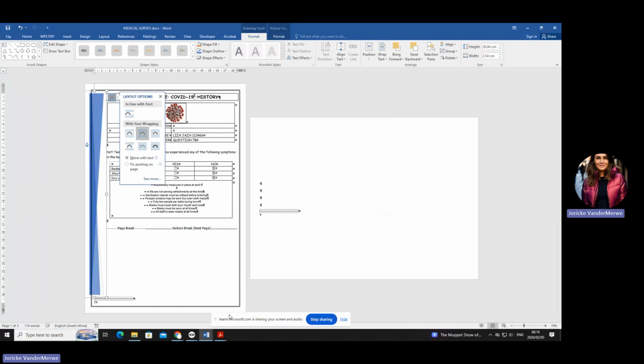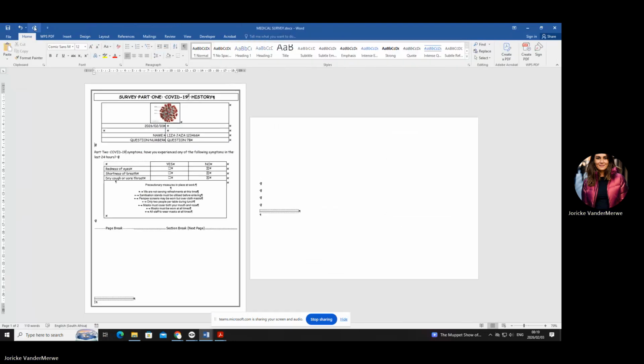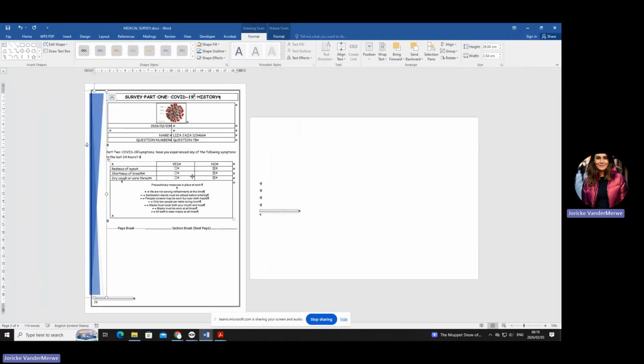So let's just quickly see what happened previously if I go to my undo button. Previously, I just took out the actual text. But what you had to do is you had to click on this little box here, the side title, and delete the whole thing. If you delete that whole thing, it automatically gives you what they want.